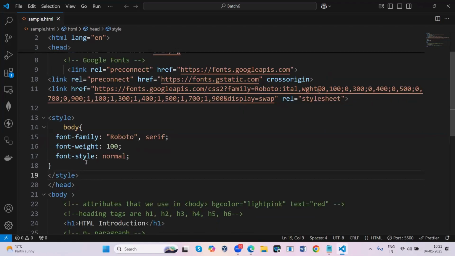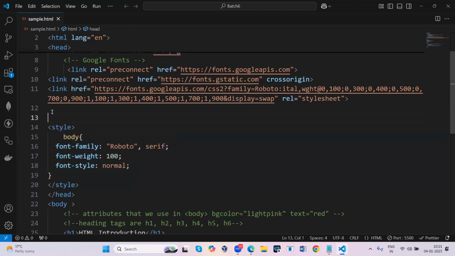This is called CSS styling. Whenever you are doing styling in the same HTML document, this kind of styling we call internal styling.